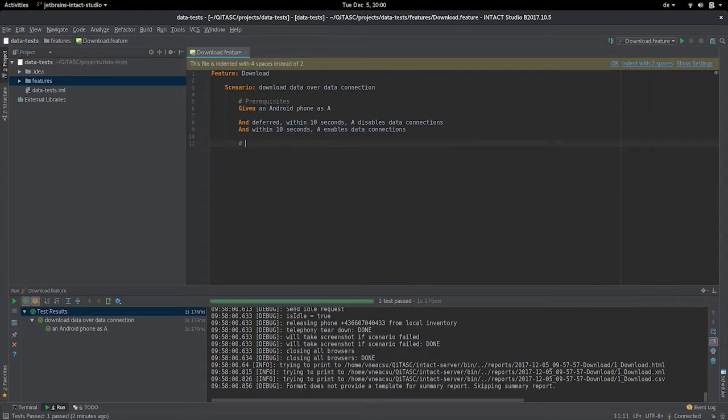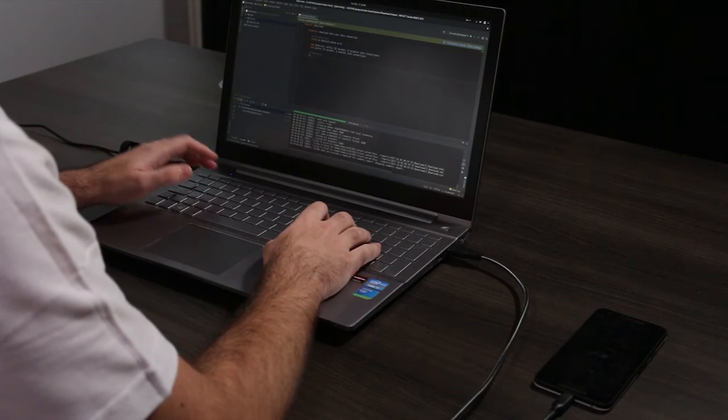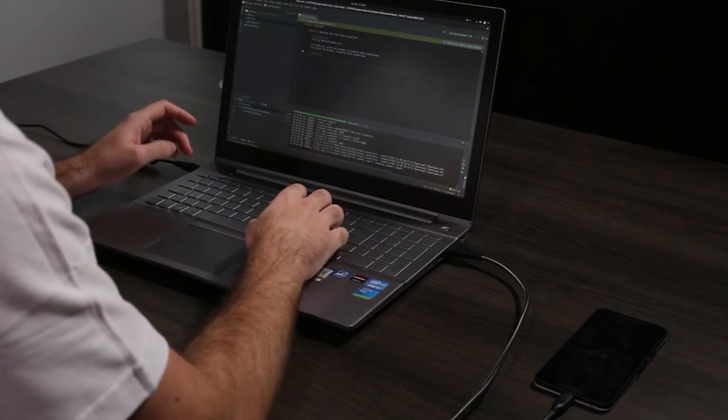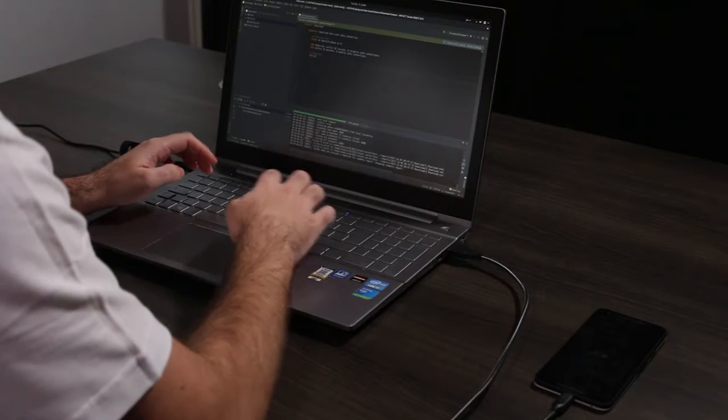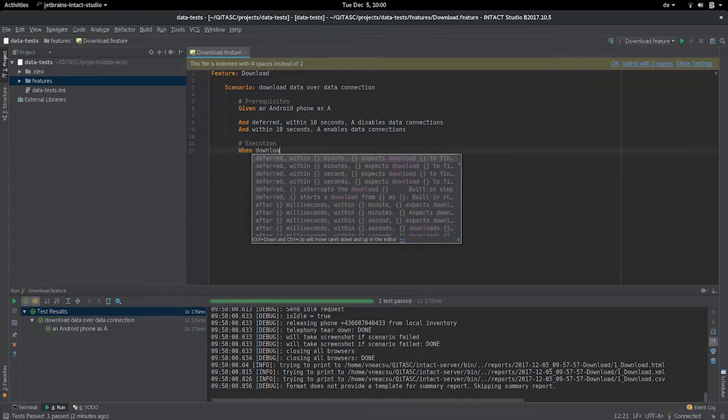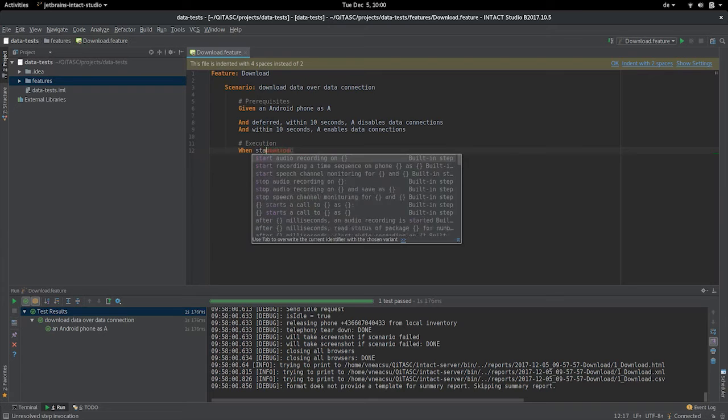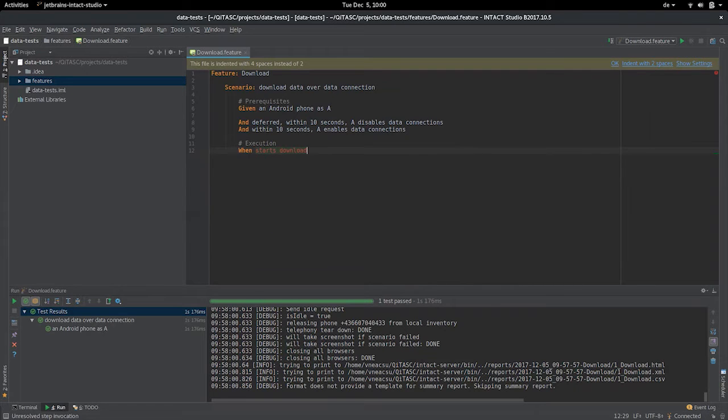So I'll write a comment here to know that it's about execution. Okay. And we want to download something. I'll just write when download. Yes, we have our steps here. You see, auto-completion is pretty helpful. I can search through the list of the available steps that I have and just select the one I need. In this case, I don't need the deferred, but it just starts download